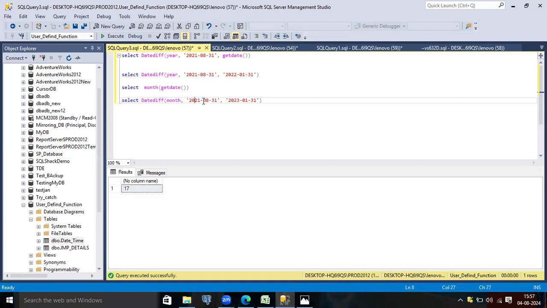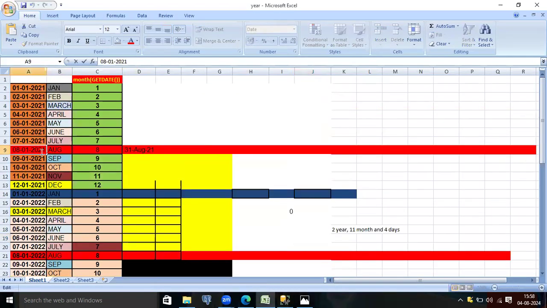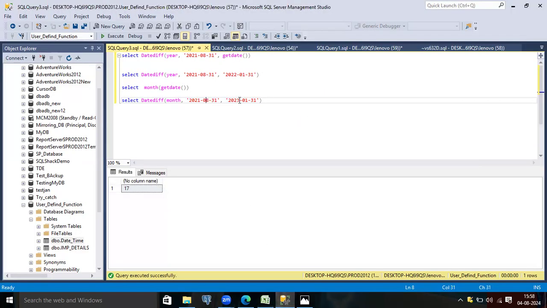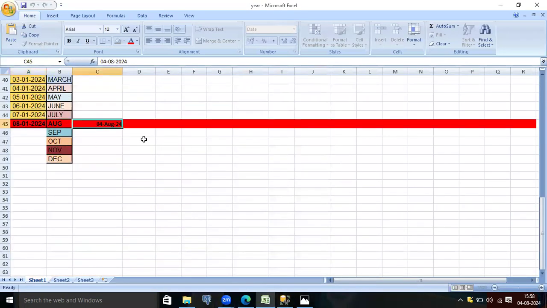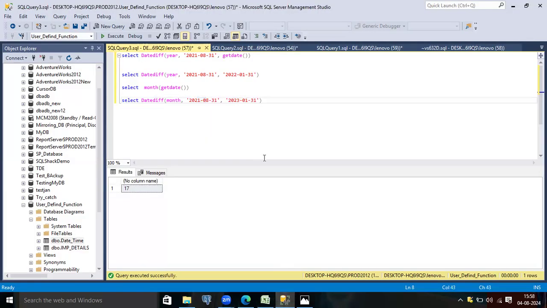That's why we have written here 1 year, month, and date. So we have to implement this logic. So how to implement this? If we are going to do the difference of month, we will not get the exact same value. You can see this person is born on 8 2021, and today date, for calculation, is 4 August 2024. So if I give here 24 and 08 and 04,